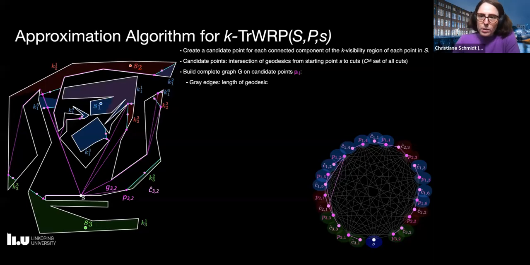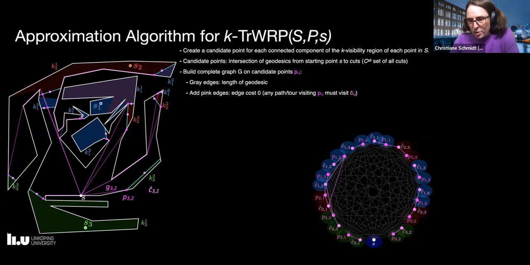And the edges between any pair of pink vertices is just the length of the geodesic between these 2 pink points, where again, a pink point is defined by the point where the geodesic from S hits that cut. And we add these light pink edges in the graph that you see on the right that have cost 0. And the idea is that if you visit a certain